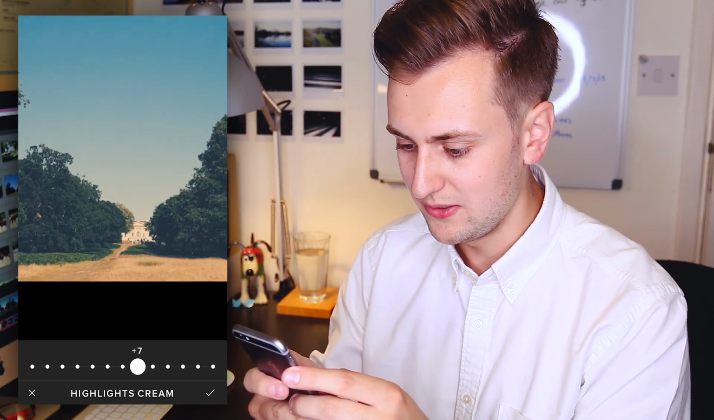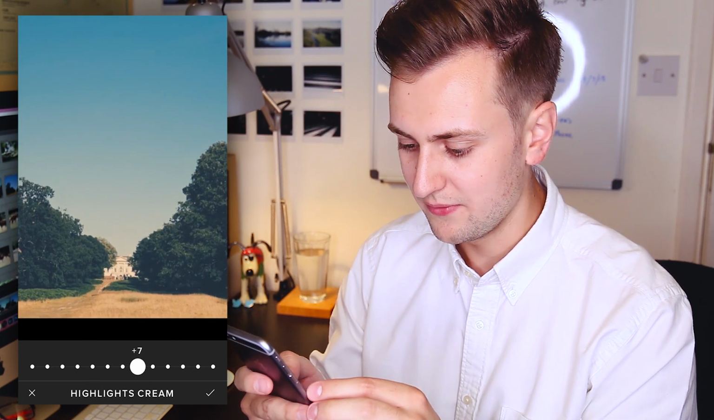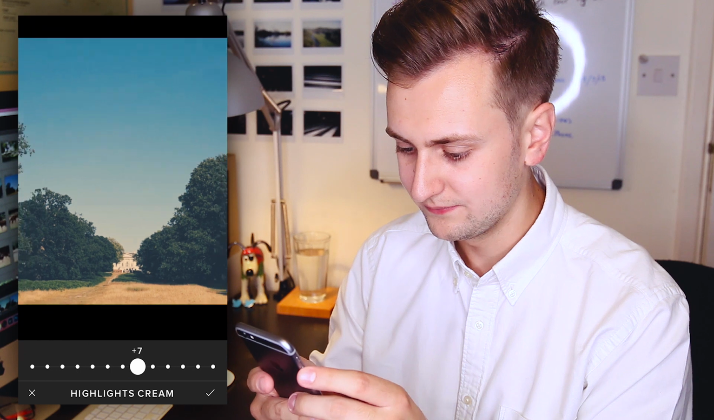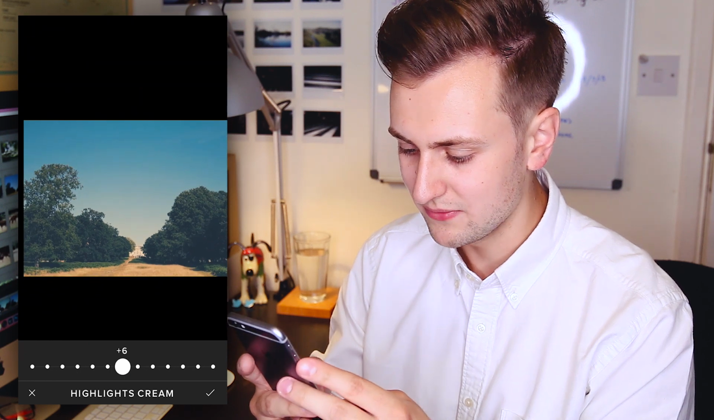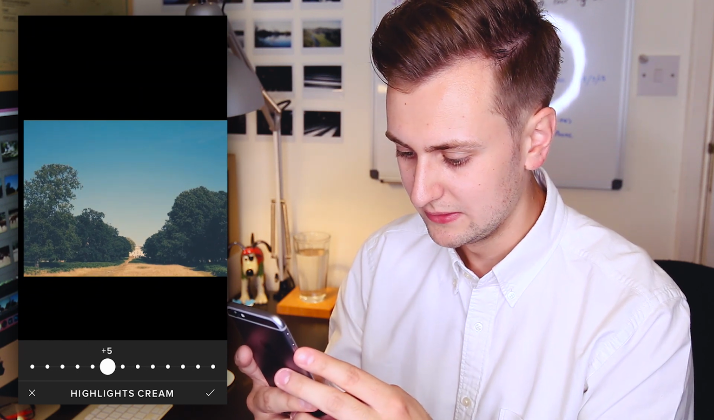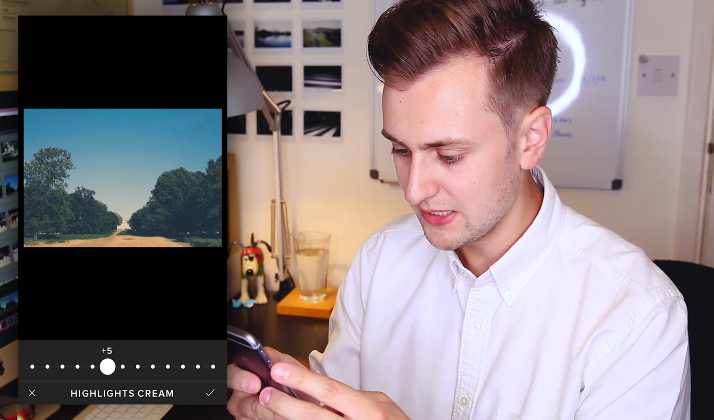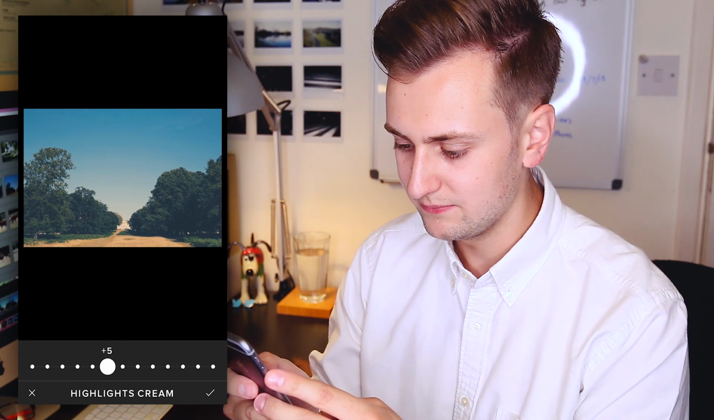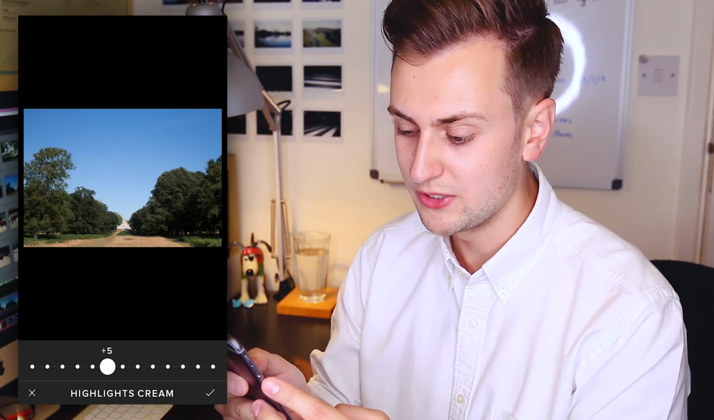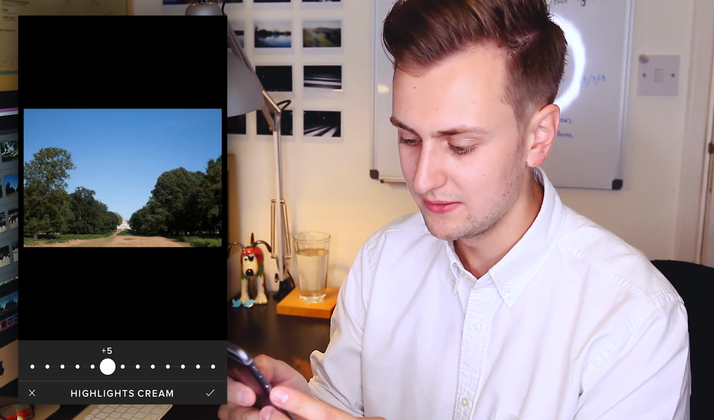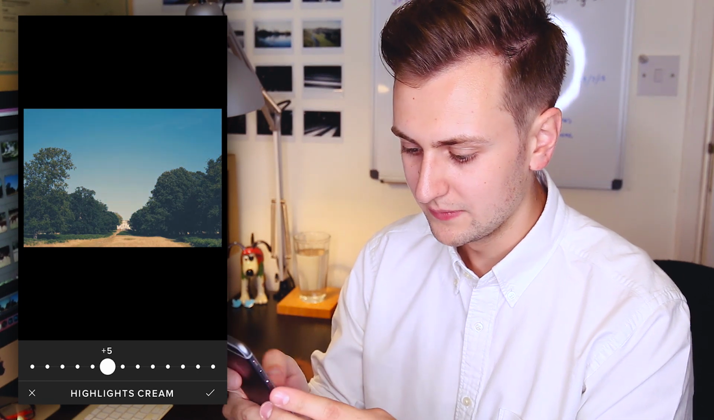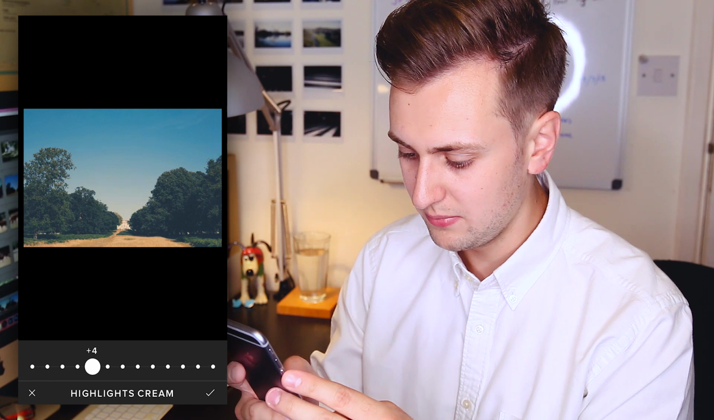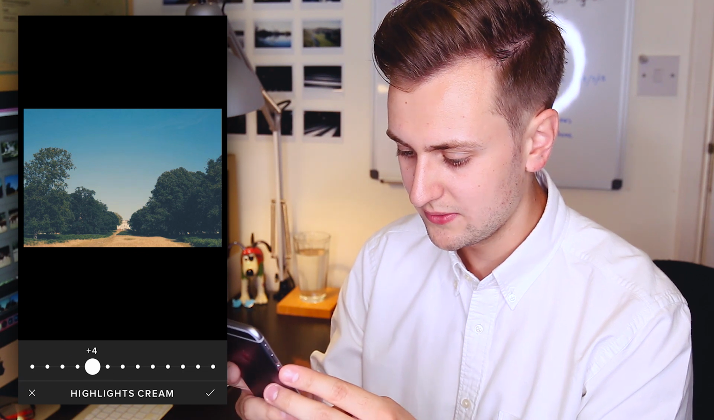Like that. And if I zoom in, you can see it's kind of in the center area where it's having the most effect. And if I tap and hold on the image, you can see how it looked from the original to the new edited. So I'm going to do highlights at +5,